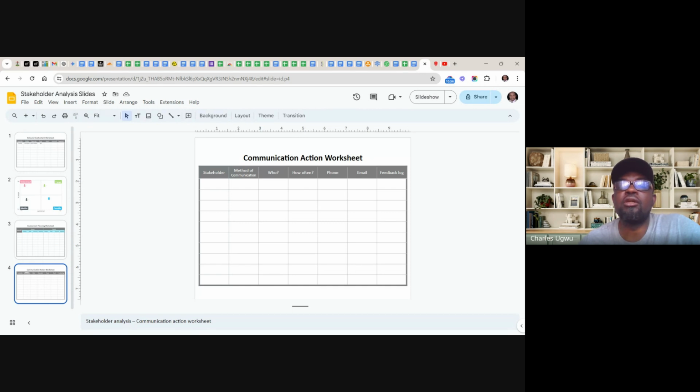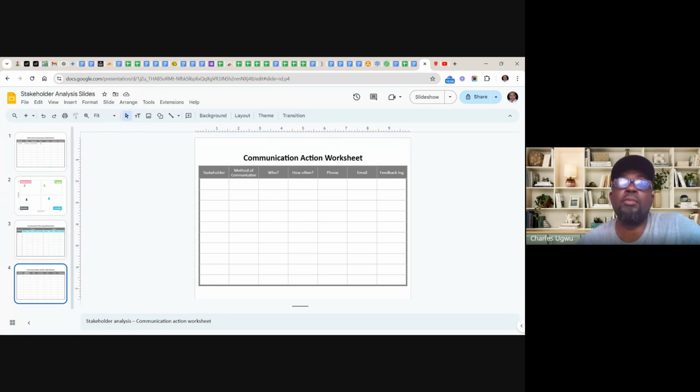And who is communicating? You must decide in the project team who is doing that communication, because some stakeholders do not want everybody communicating. In some cases, it might be a business analyst sending a report, but as the project manager, you must make sure that the business analyst sends that report.